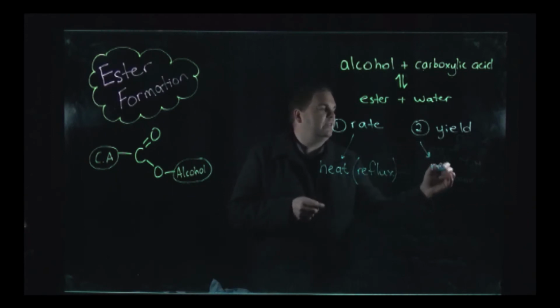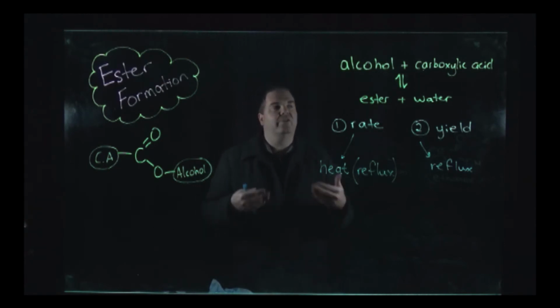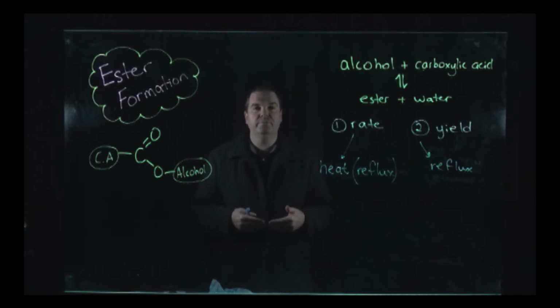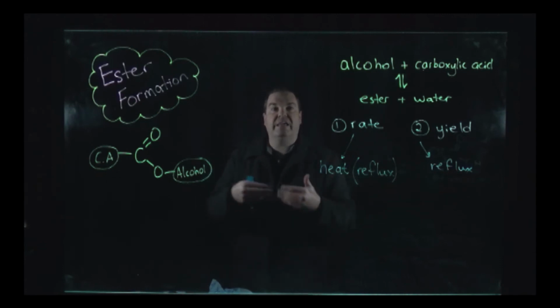So the fact that we are actually doing reflux increases our yield, because if we just heated it, what's going to happen is that we're going to boil off some of our alcohol, our carboxylic acid, our ester that have formed, and we're going to decrease the amount that we could have at the end. So by using reflux, we increase our yield as well, because we allow it to heat for a prolonged